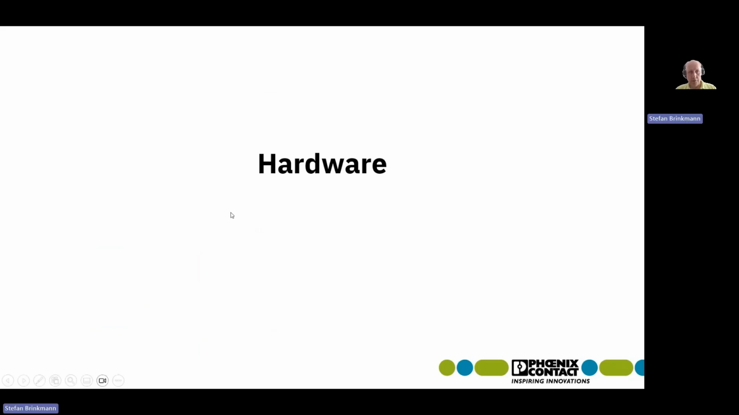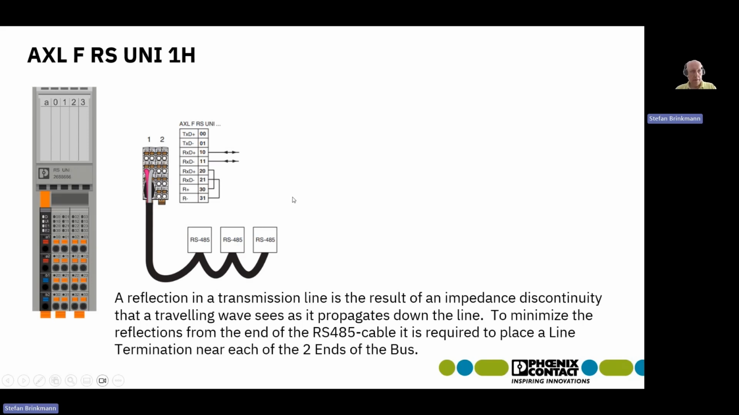The hardware that I'm going to use in my demo is an Axioline F RS Uni module. The controller is an Axioline C IXC F2152, which I'm using. The RS Uni, as you can see here, is a universal serial communication interface. So it supports different protocols, as we will see. You can also see here that the 120 ohm resistor I was talking about is built into the device at ports 30 and 31